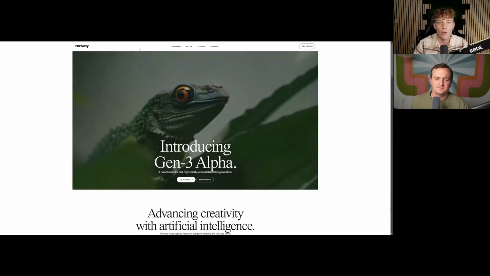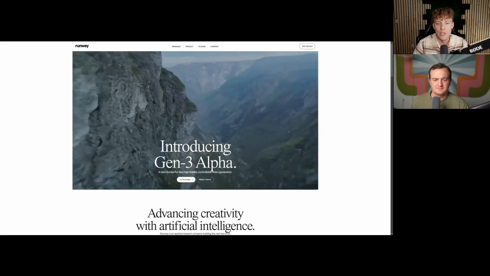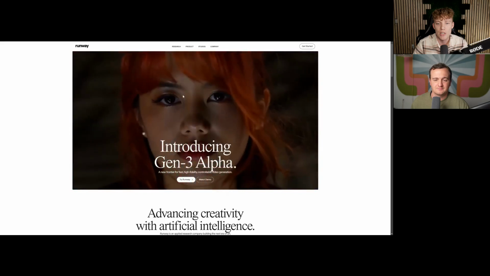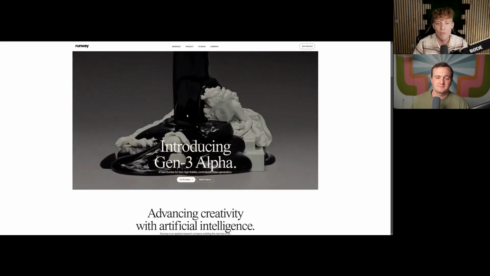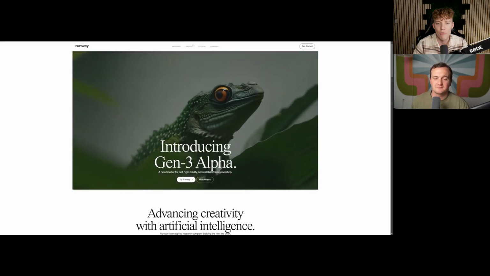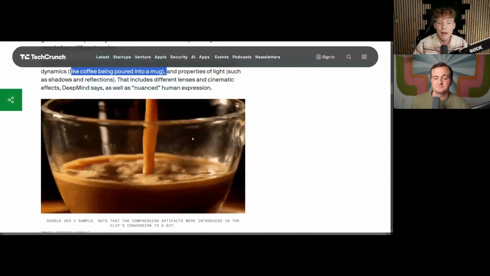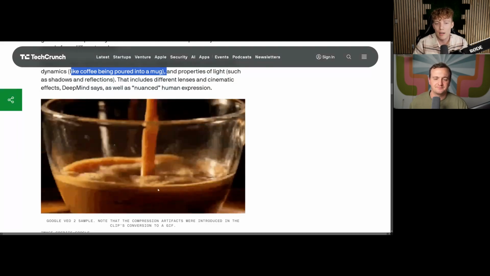If you go to the homepage, it's runwayml.com. They have a bunch of demo videos, and literally one of their demo videos is a whole bunch of paint being dumped on top of a statue. So Runway apparently has said that they've solved this liquid problem as well. It's a very tricky problem to solve, but it's impressive Google's working on it. I'm not sure who's better because it's not out yet. Google's example videos also seem kind of low quality.